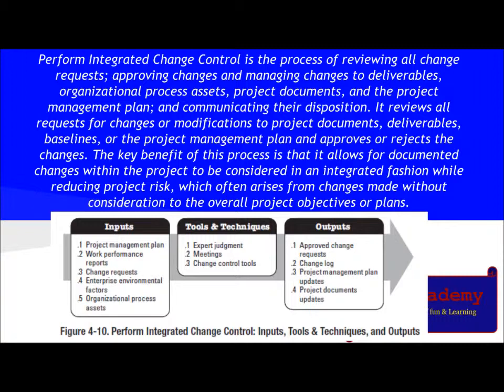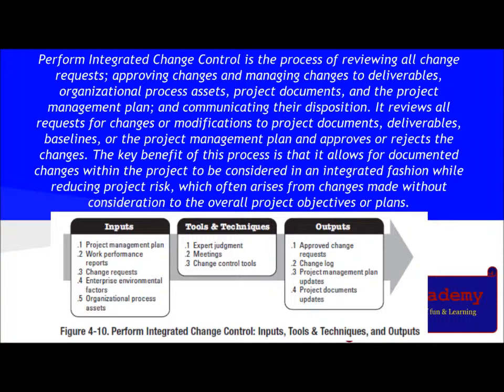The key benefit of this process is that it allows for documented changes within the project to be considered in an integrated fashion while reducing project risk, which often arises from changes made without consideration to the overall project objectives or plan.